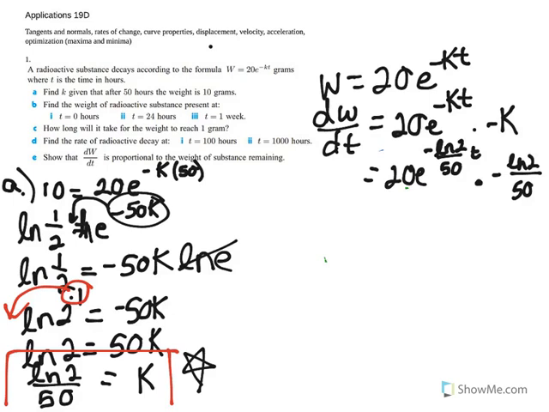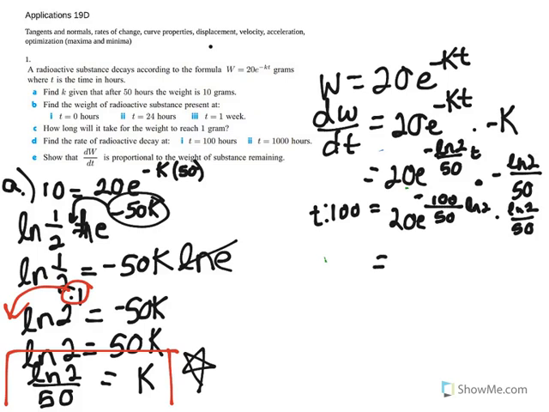Now, that's just the derivative in general. Now what we're going to look at is when t is 100. So when t is 100, we're going to plug 100 in, so 20 e to the opposite of 100 over 50, times the natural log of 2. I just put the 100 up in front, times the natural log of 2 over 50,